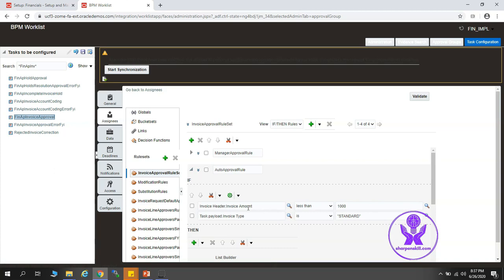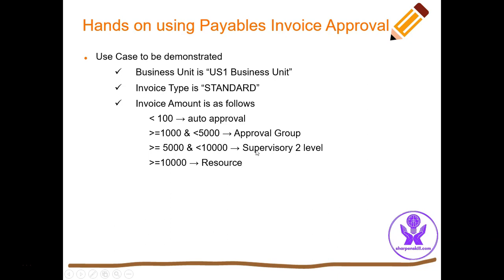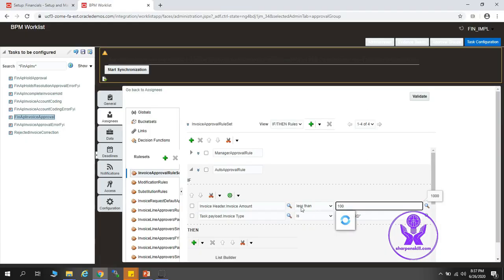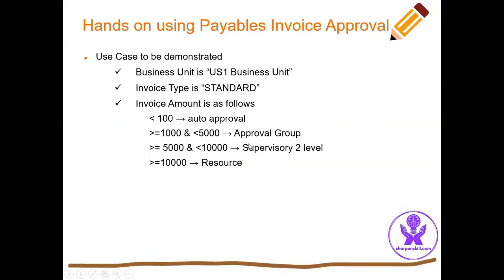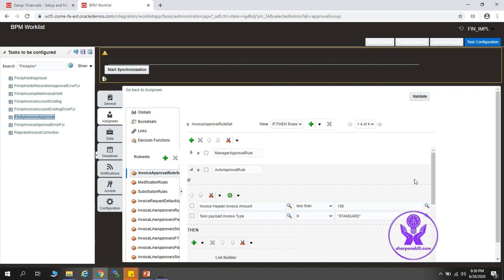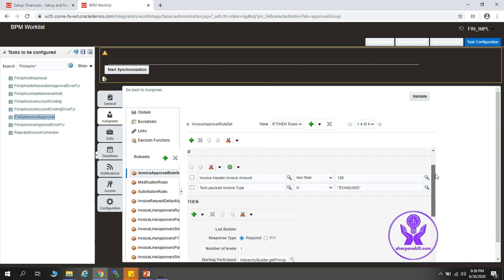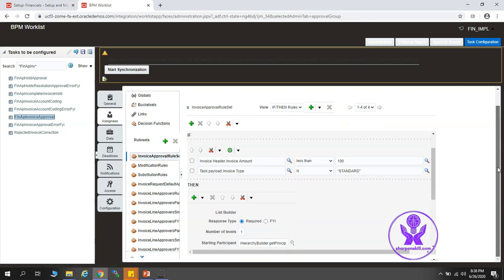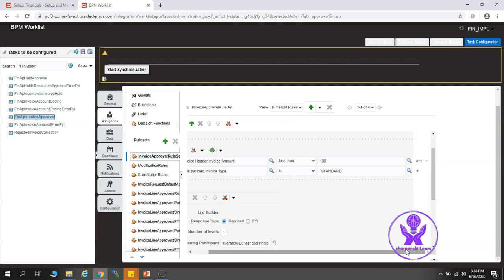Invoice header dot invoice amount is less than $1,000, but in our case we will make it $100. So let's edit this and make it 100. Invoice type is made as standard, but we have to add another condition here. This is business unit as US 1 business unit, right? In order to do that, let's go here and click on this drop down, click simple test.